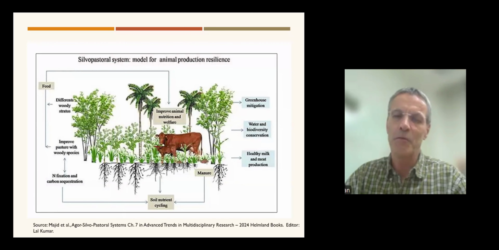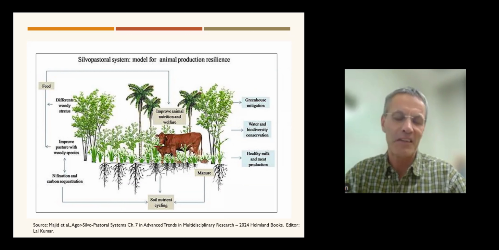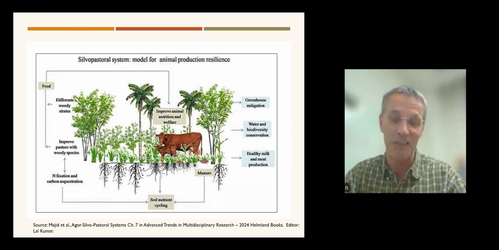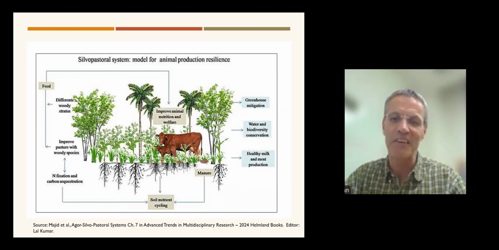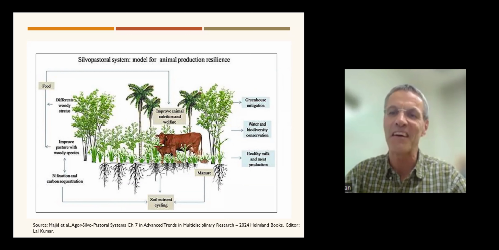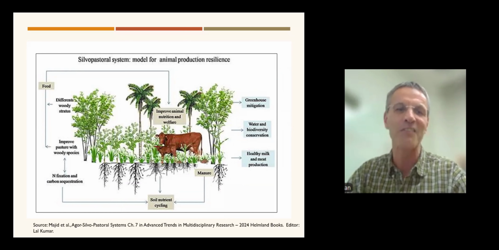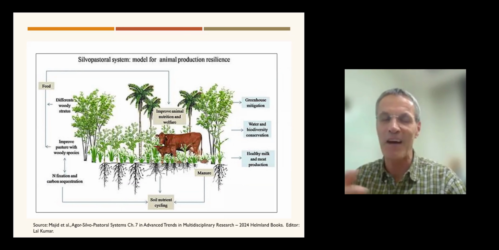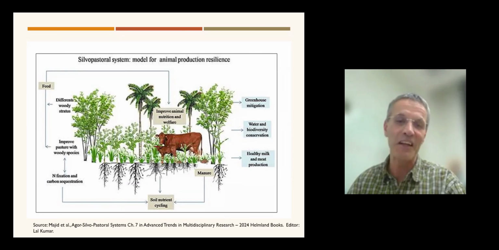And from what I've seen in my short visit to Bhutan, this is actually quite applicable to your situation in your country. I've seen many of these systems. They were not necessarily intentional. If you would make them more intentional, I think there would be a big potential. And certainly when you are finished with your studies at CNR and you go out and have a job, there is much for you to do to optimize these systems since they're already out there.